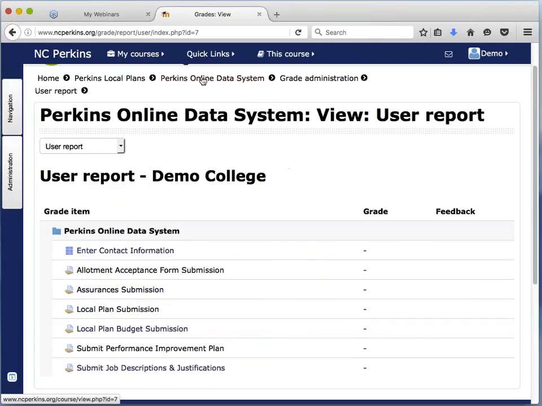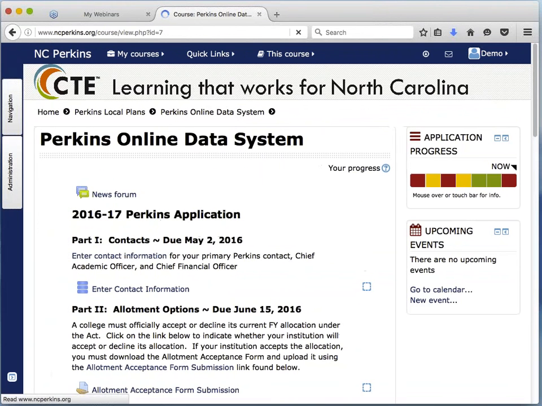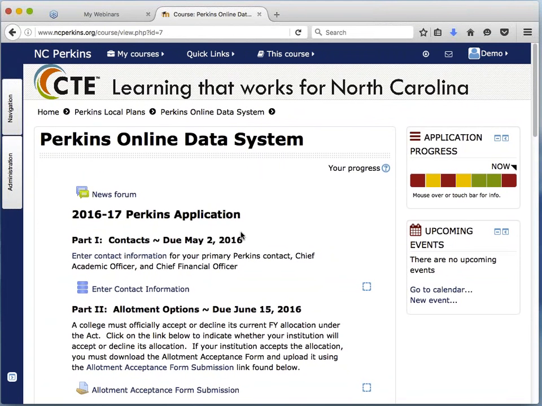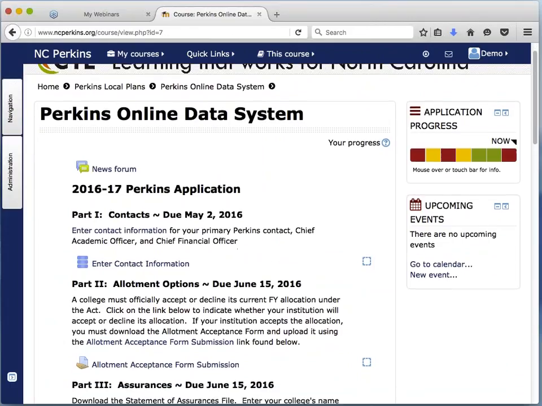Now, one last item with your local plan and budget. This is new to this year, and that is job descriptions. We've had a lot of changes. One of the changes that is the reason we're having to take a lot closer look is that the legislature provided funding for coaches, career coaches, or is that the correct term? Yes, career coaches is the correct term.